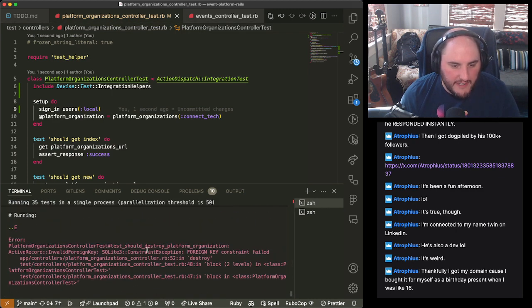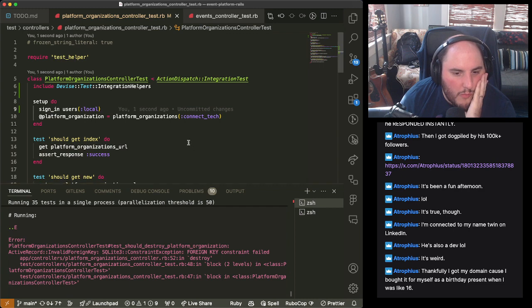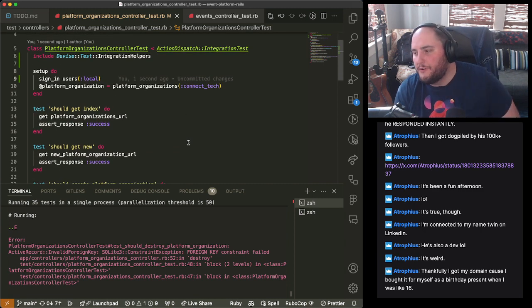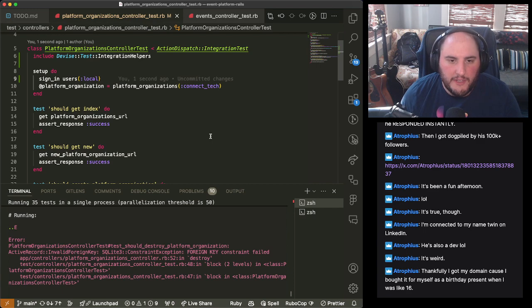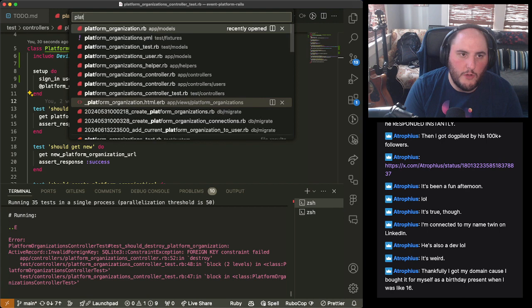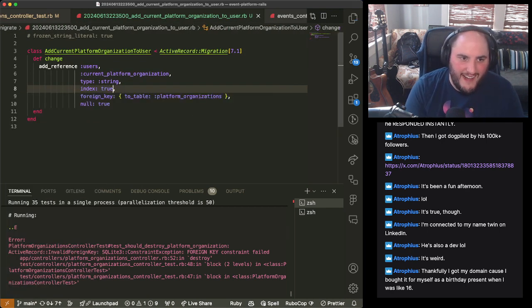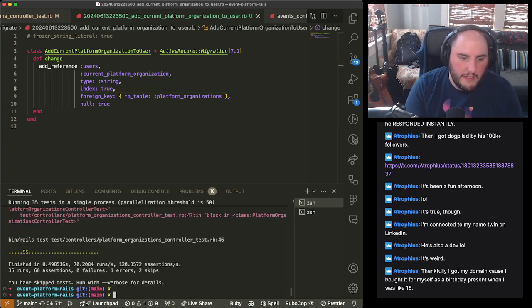Now we're down to one failing test, and it's the destroy, and it's because a foreign key constraint failed when I tried to destroy this. Okay. This is actually an important one. And this one would argue for us undoing the migration we just did to add an index. So we actually do want the index here. I lied. So we're going to be good bad people.